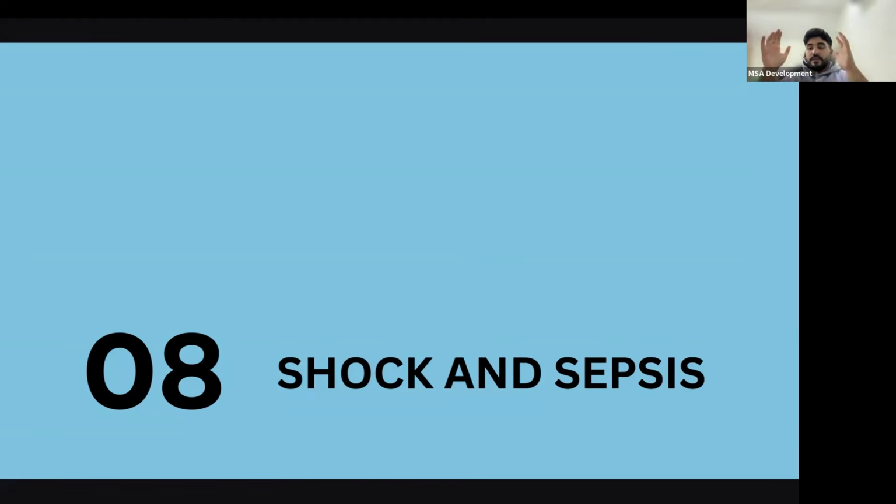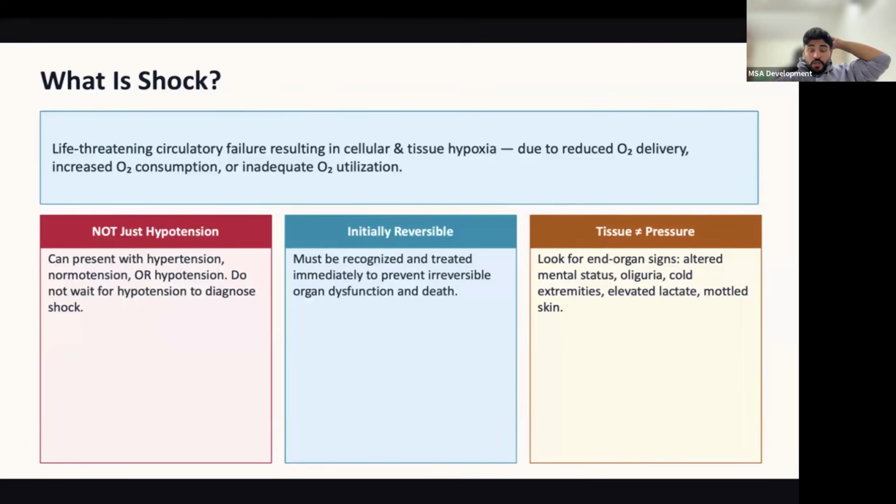Okay. Now let's move on and talk about shock and sepsis. So when we say shock, mainly the body is in shock, they don't know what to do, and they would probably go into failure. What kind of failure? A life-threatening circulatory failure. Why? Because they have tissue hypoxia going on due to reduced oxygen delivery, increased oxygen consumption, or